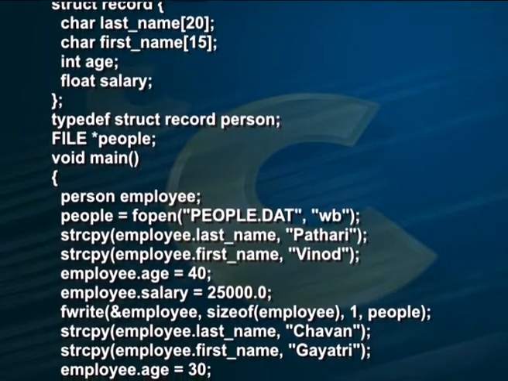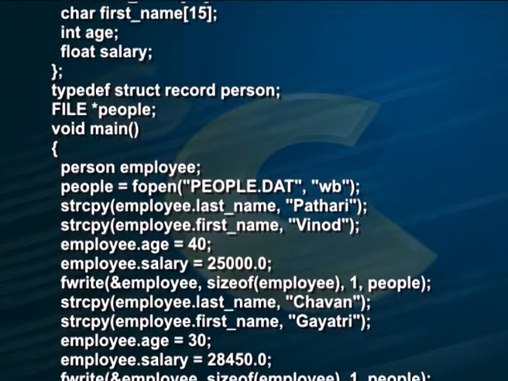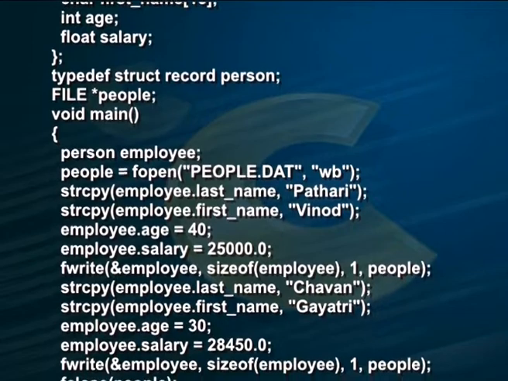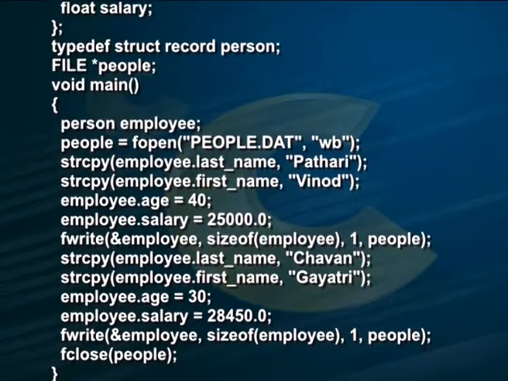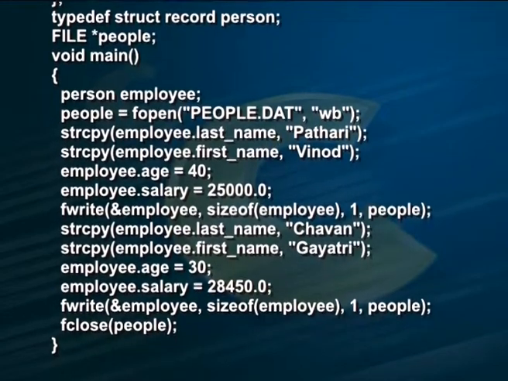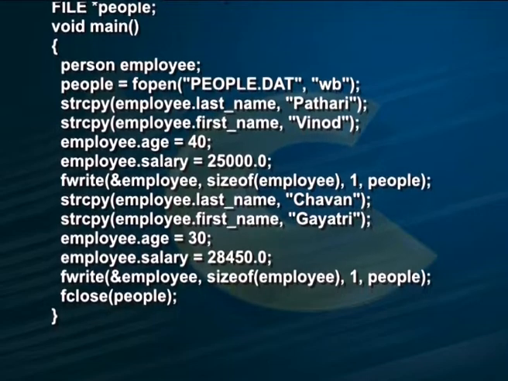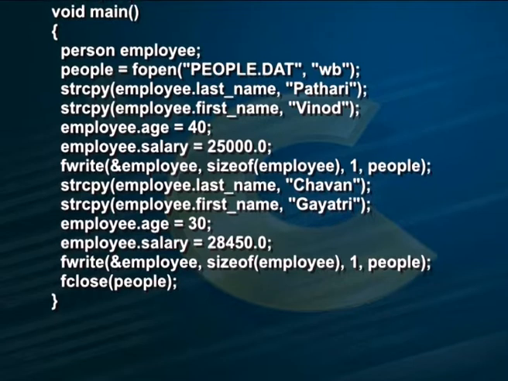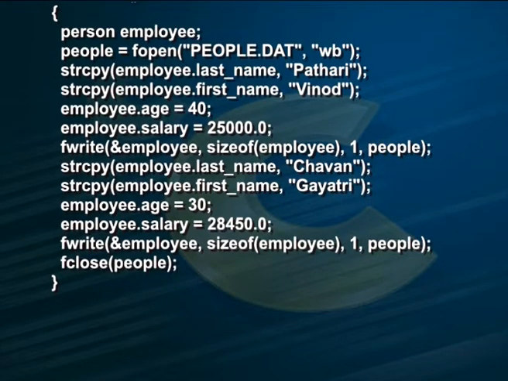person employee; people = fopen("people.dat", "wb"); strcpy(employee.last_name, "Pathari"); strcpy(employee.first_name, "Vinod"); employee.age = 40; employee.salary = 25,000.0; fwrite(&employee, sizeof(employee), 1, people); strcpy(employee.last_name, "Chavan"); strcpy(employee.first_name, "Gayatri"); employee.age = 30; employee.salary = 28,450.0; fwrite(&employee, sizeof(employee), 1, people); fclose(people);